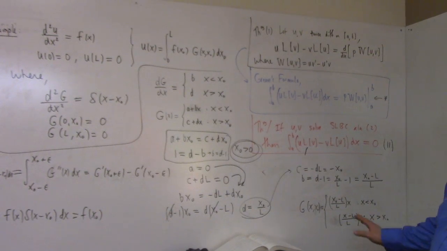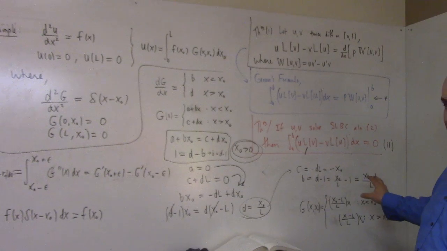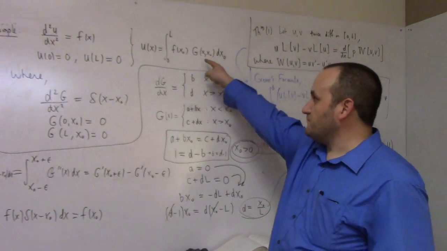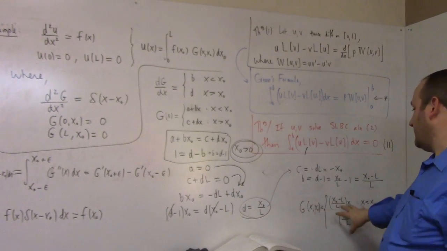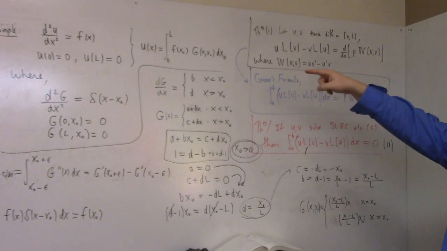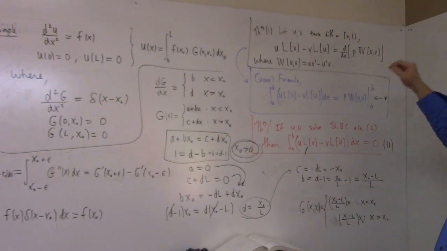Now, the really cool thing is this. I guess it's not immediately obvious, but if you actually do this integration and define u by this thing, it will automatically impose those boundary conditions. u of 0 is 0 and u of L is 0. But perhaps we'll work that out from basic principles next time. I think it uses this again,